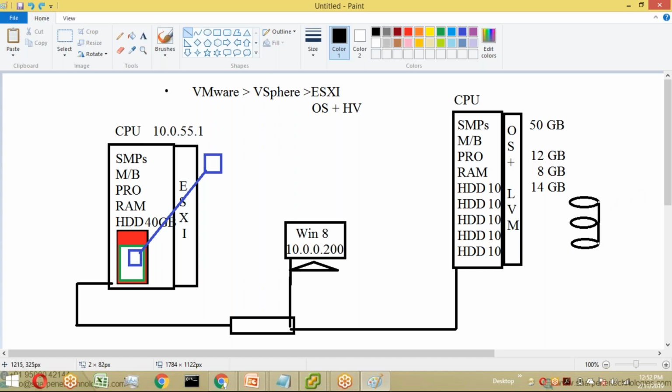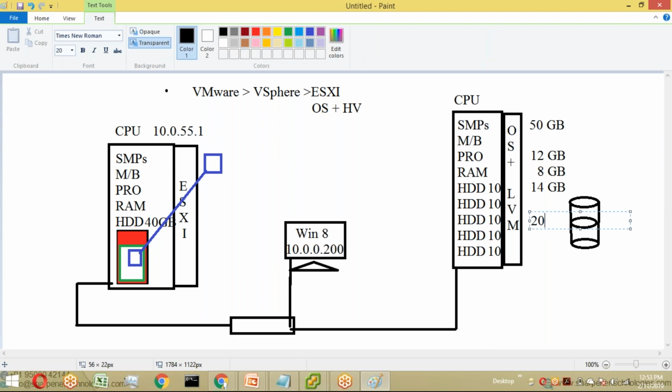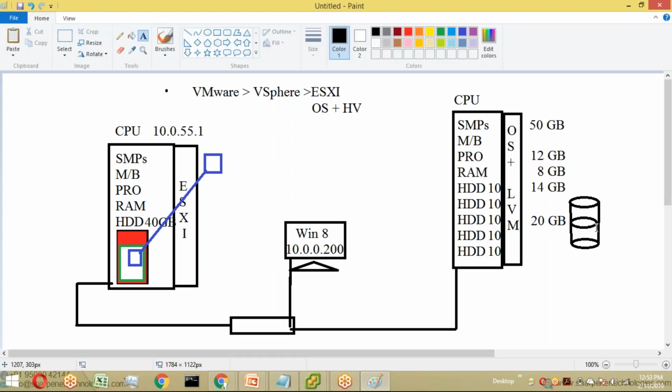This is one of my LUN. Assume that I've created a LUN out of this 50 GB, and the size of it is nearly around 20 GB. 20 GB is the size of it. Now I want to go ahead and give this 20 GB to my ESXi box to store the VMs,